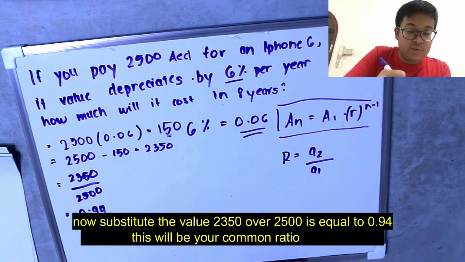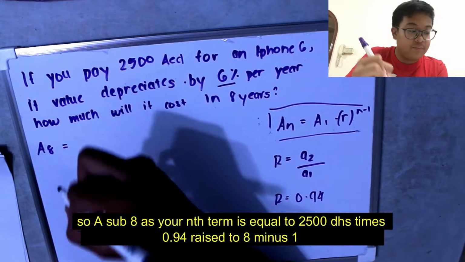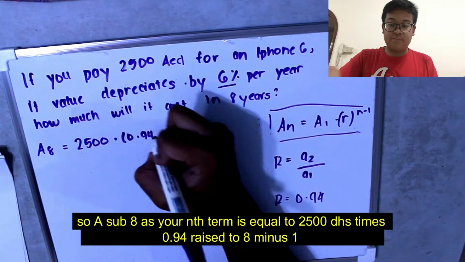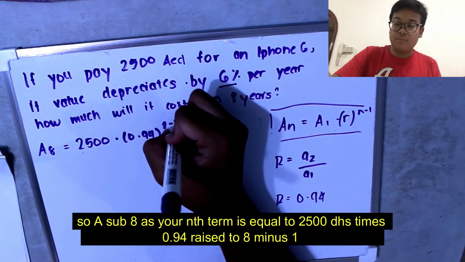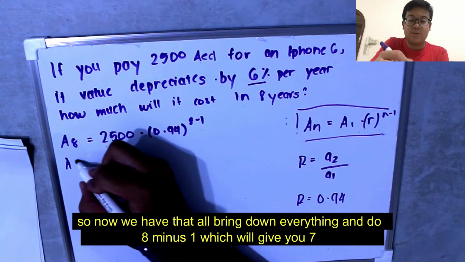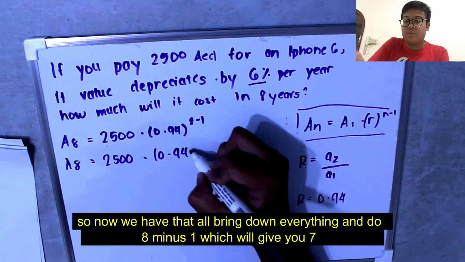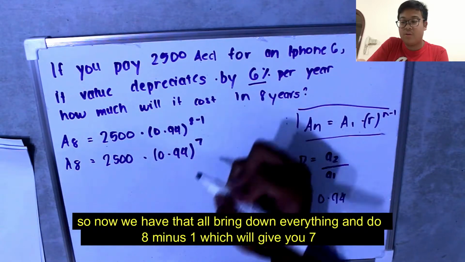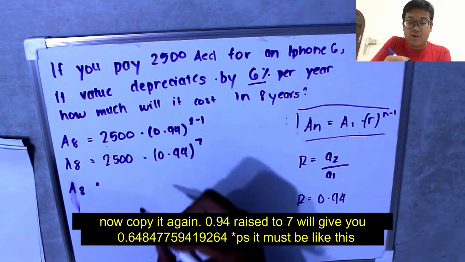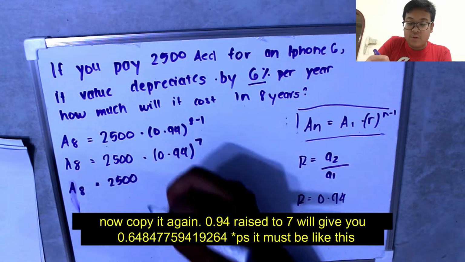Now, after that, A sub 8, 8 being your nth term, is equal to 2,500 dirhams times 0.94, the common ratio, raised to 8 minus 1. Copy everything down: 2,500 dirhams times 0.94 raised to 7. Now, copy them down again: 2,500. Now, 0.94 raised to 7 will give you